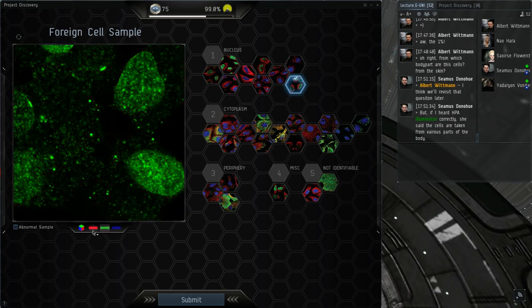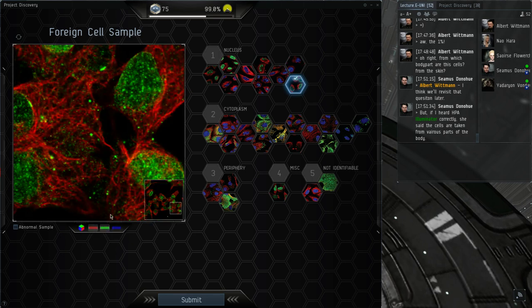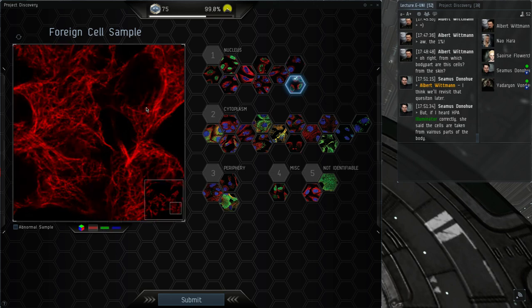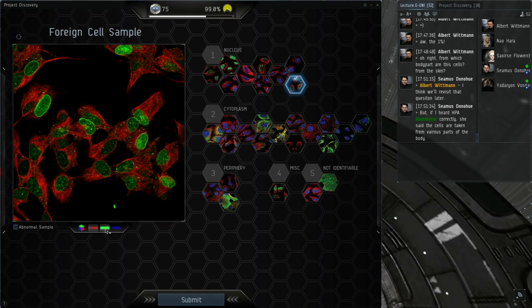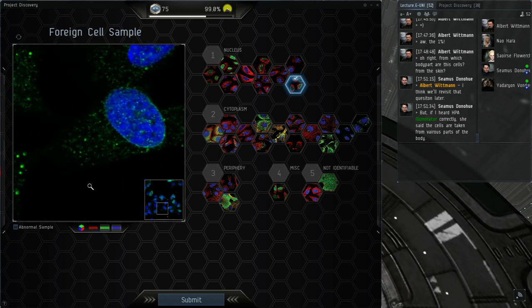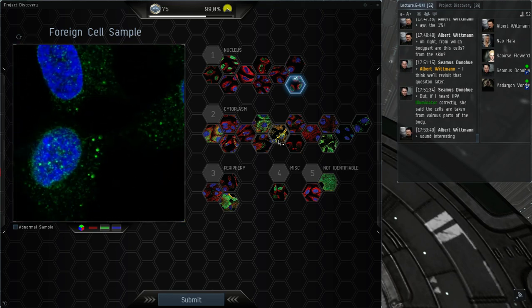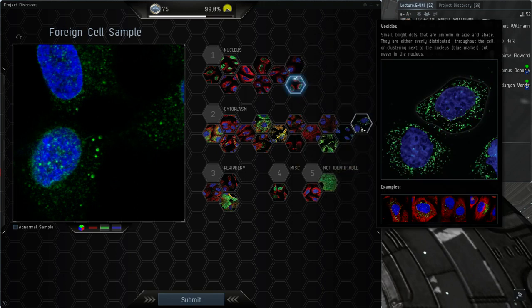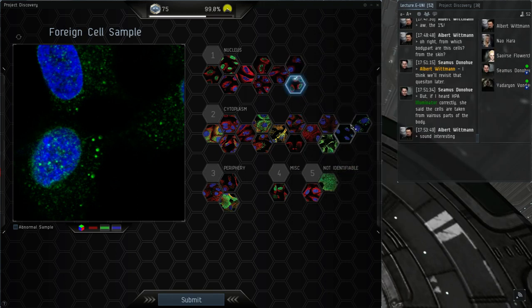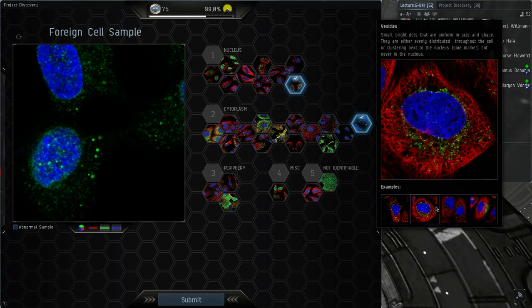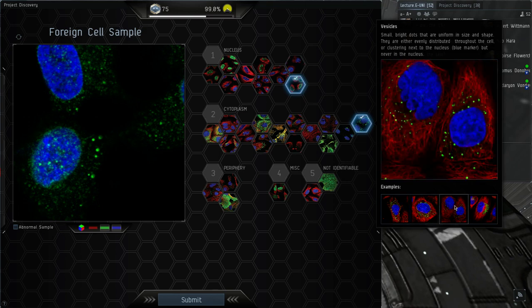For this cell, however, I think we also see a little bit too much red overlapping with the nucleus for me to believe that it's a nuclear staining and not nucleoplasm. So I will only go for nucleoplasm for the nucleus, but then we also have some staining outside of the nucleus. This dot-like pattern really looks like vesicles. So I will go for this vesicle pattern. It's a lot fewer vesicles, more like this image maybe.